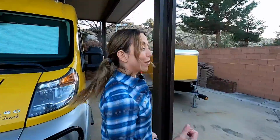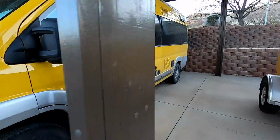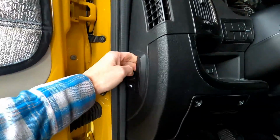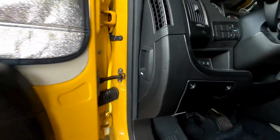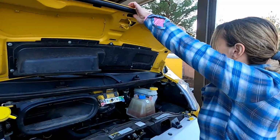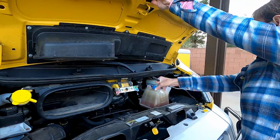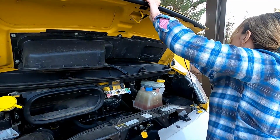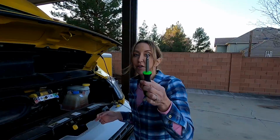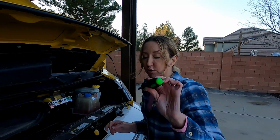Let's go. Okay. All right, step 1 is to pop the hood. In the ProMaster, that's pretty easy. It's just right here. Okay, there's a little button under there. Where's the thingy-majiggy? Okay, we're open. So the only tool you need is a Phillips screwdriver and nothing too long or too short